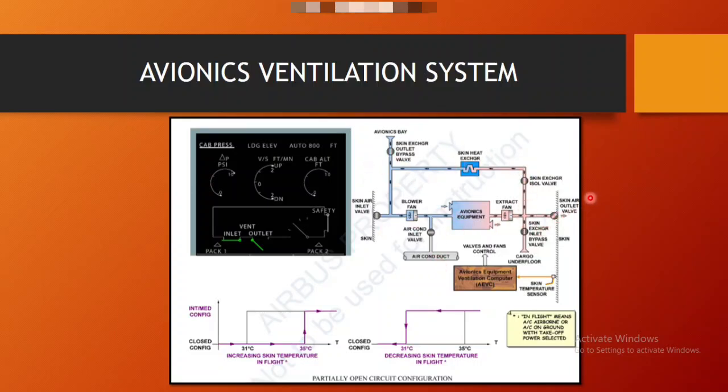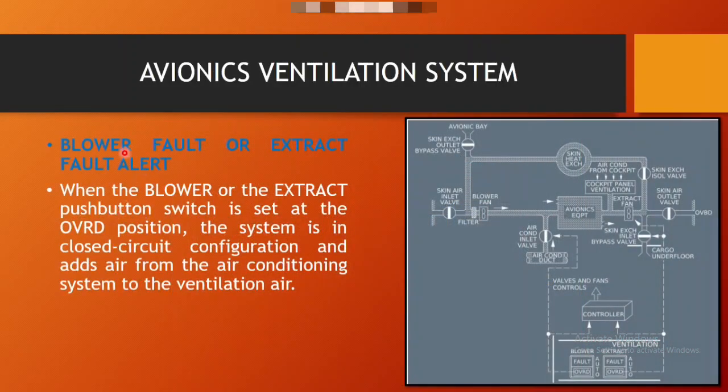So just a small amount of air will be blown out through the skin air outlet valve. So you can understand about the chart or temperature how it is working. If you talk about blower fault or extractor fault alert, for example, when the blower or extract push button switch is set at the override position, the system is in closed circuit configuration and adds